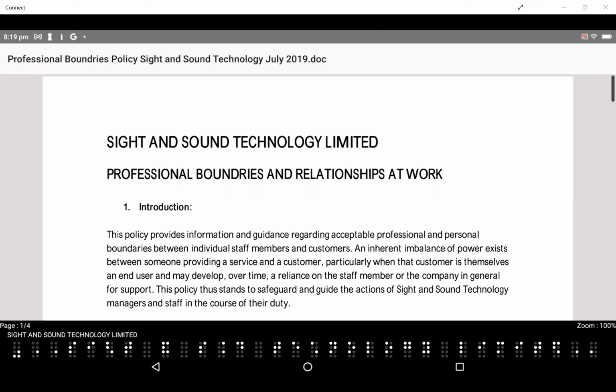Okay, now there's three Sight and Sound technology documents open in three different places. So what do you do at this point? Well, I'm in professional boundaries, which is a read-only document. The other two, in the word processor and Notepad, are writable documents. So if I press F1 and F4 to open my task list,